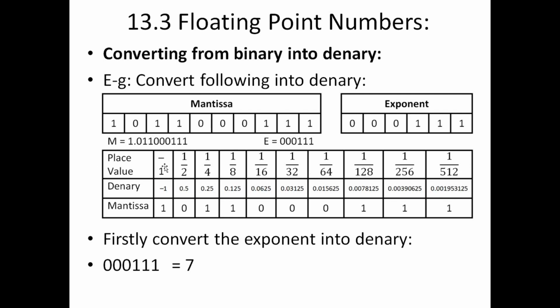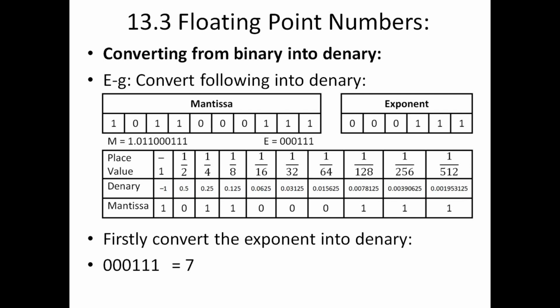For a much better review, you can learn this table. The leftmost number in a mantissa has a value of negative 1. The second bit has a value of 0.5 or 1 over 2. The third one has 0.25. The fourth one has 0.125. Then the next one has 1 over 16, 0.0625. Now since you will not be having a calculator, you can just remember it as 1 over 2, 1 over 4, 1 over 8, 1 over 16, 1 over 32, 1 over 64, and so on.